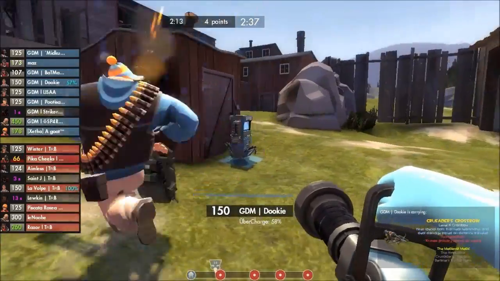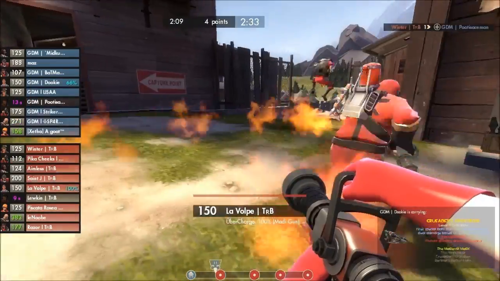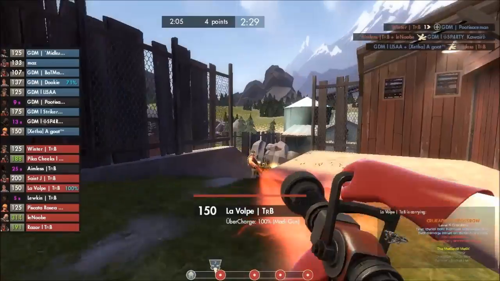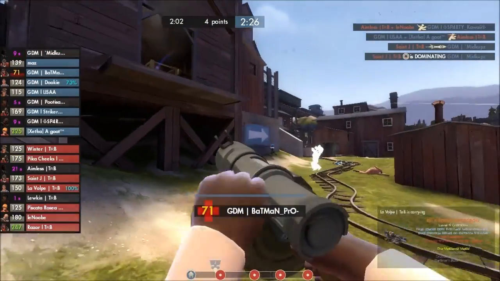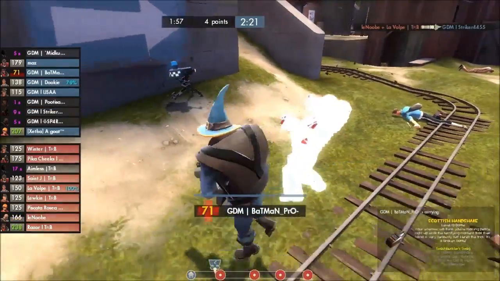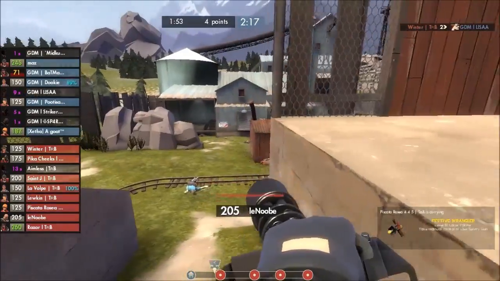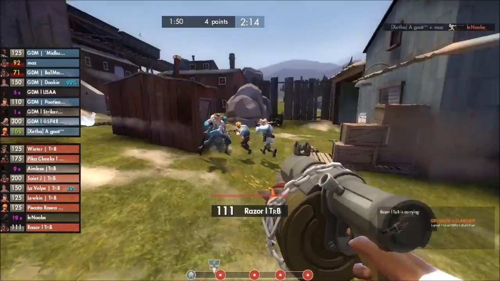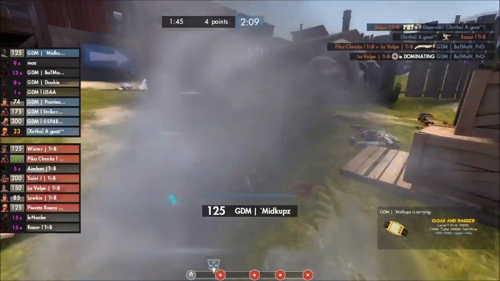You can't have that when you're going against a really short time. You need to have those heavy classes up and ready to push at all times with that Uber, because you can't be holding on to Ubers like Red is right now, because they're just not being pressured. Meanwhile, there's a lot of pressure coming down on GDM, and they just aren't going to be in the position they need to be when this Uber comes off, if it comes off at all. The noob is taken down right there, and down goes Dookie. Was so close to an Uber and